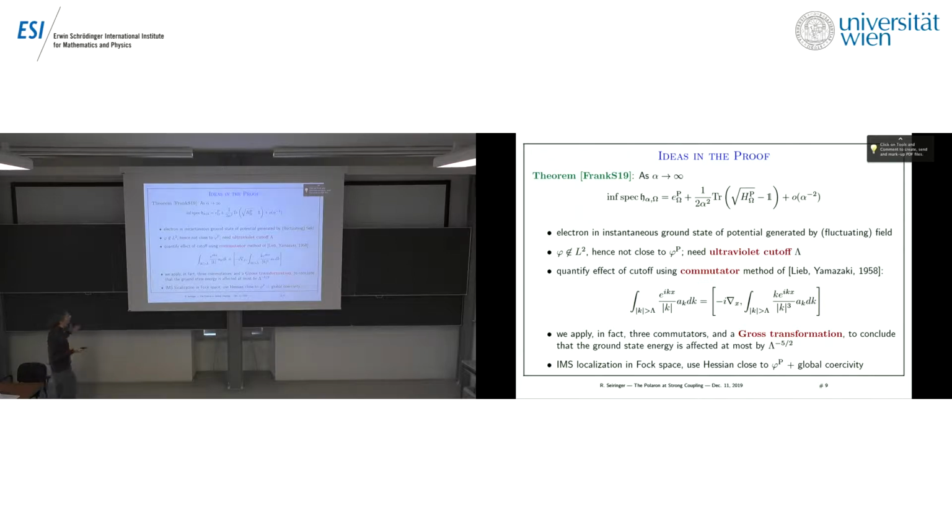So if you want to make this precise, you first have to introduce an ultraviolet cutoff, because you want to decouple the high momentum modes from the system. They shouldn't play a role after all. This is all a low momentum phenomenon. But to quantify the error you make in making such a cutoff, that's the hard analysis. That's where you have to work. And that's